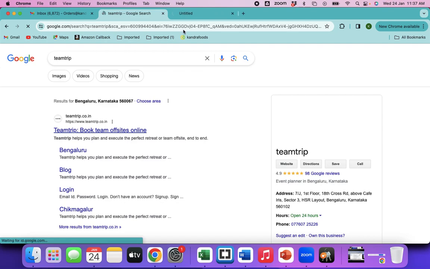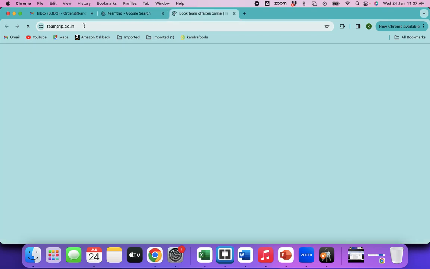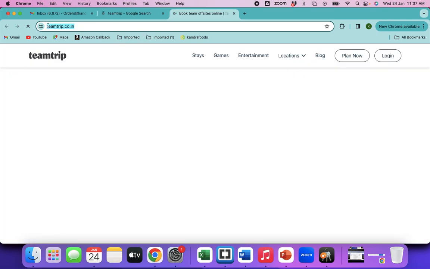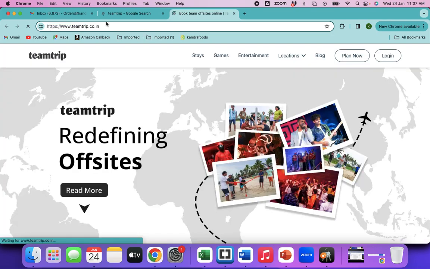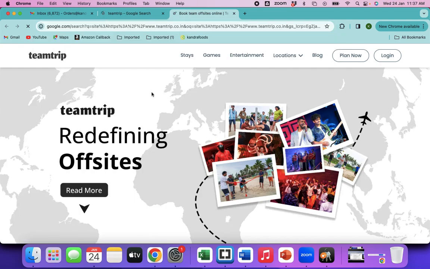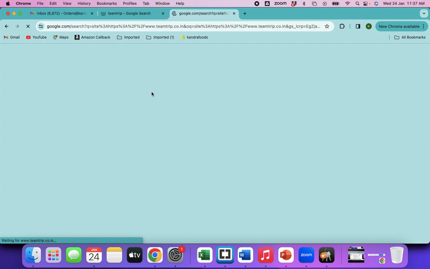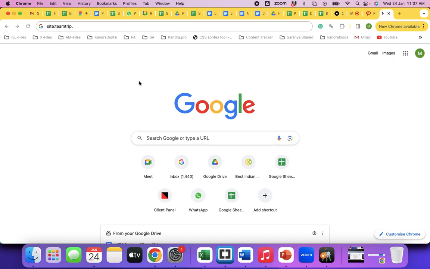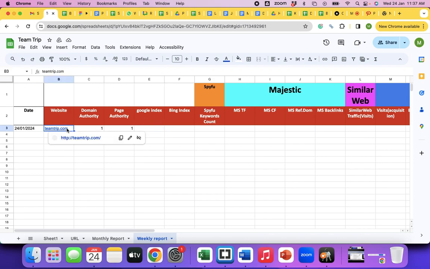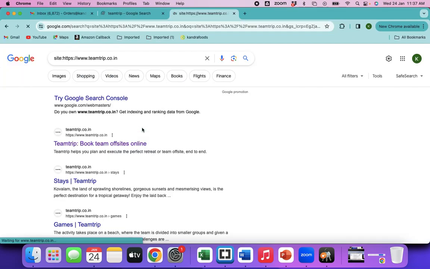Dot co, I guess dot co dot in. Yes. So now we have to check the number of pages indexed pertaining to this website. We will check it this way. This Google index. Yeah, maybe we have to check this on incognito.